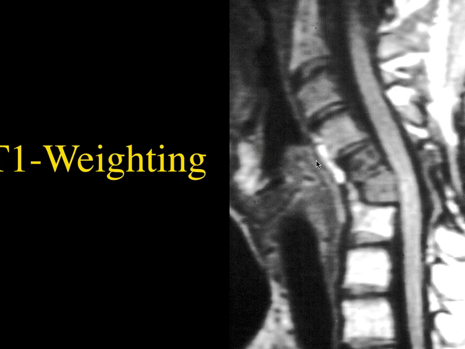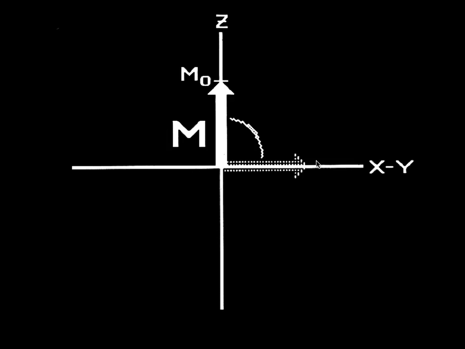Okay, that's good. Now, the basic definition of a T1 weighted image is an image where the signal intensity is predominantly determined by the T1 relaxation of the tissues. And the way we get that with standard spin echo imaging is using a short TR and a short TE. And we'll try to explain why that's the case as we go forward. Okay, so going back to the first lectures we had,